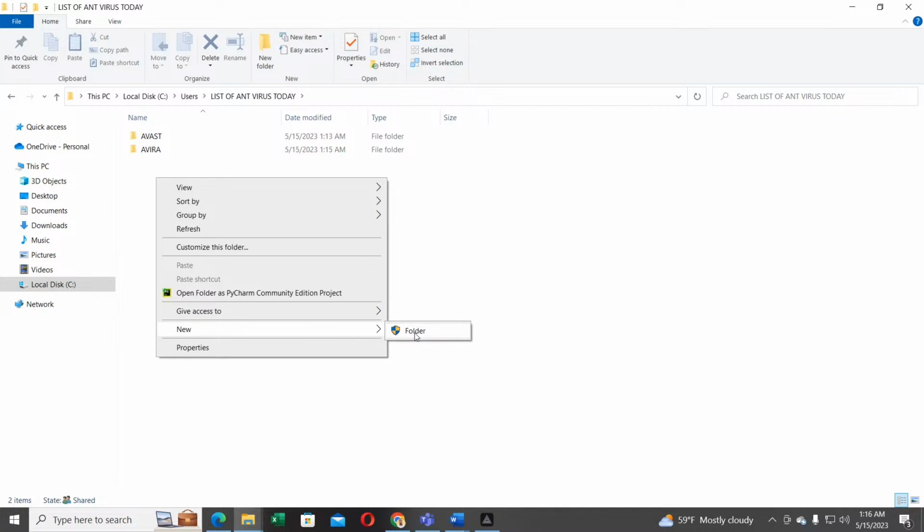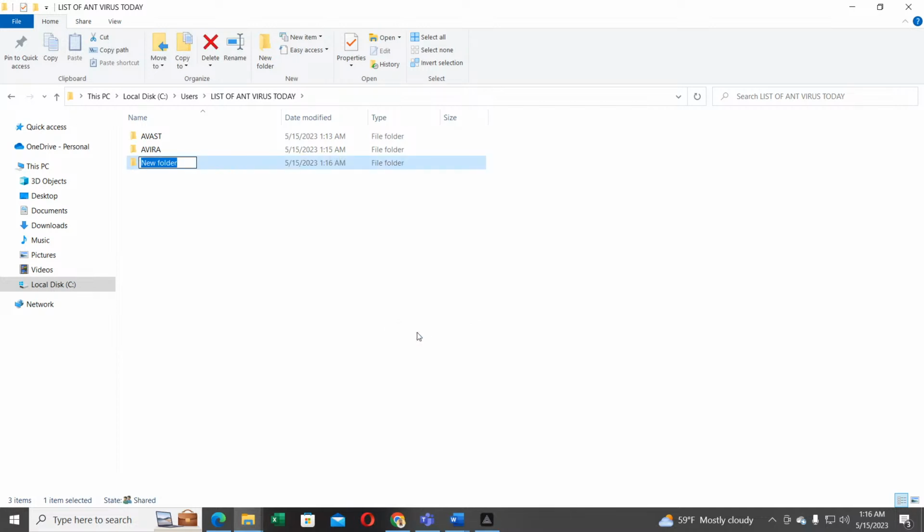Select it by pressing the cursor on top of the word folder. Click on it once, and a new folder will be created with a highlight trying to show you that you have to name the new folder. In this case, I'm going to put another name of an antivirus, which is